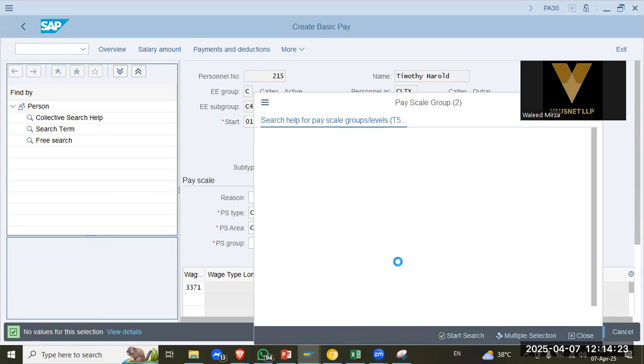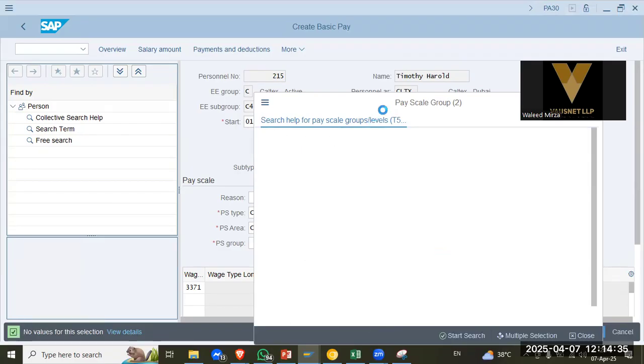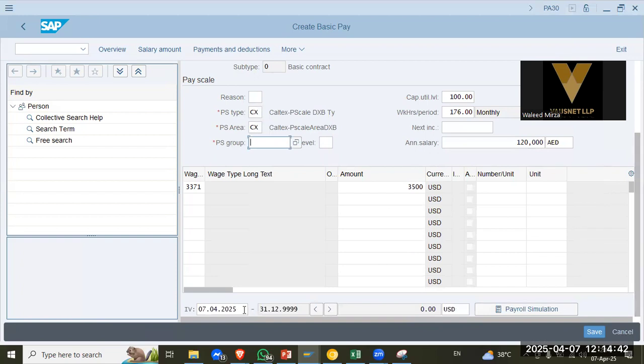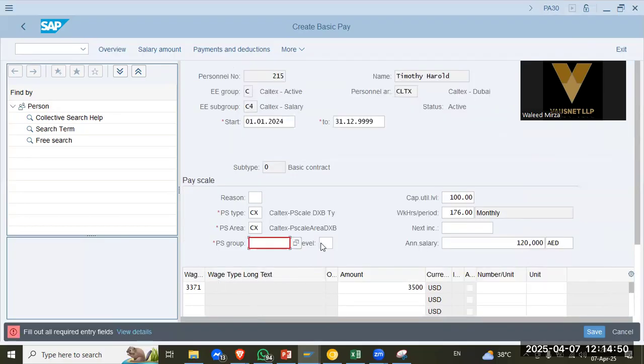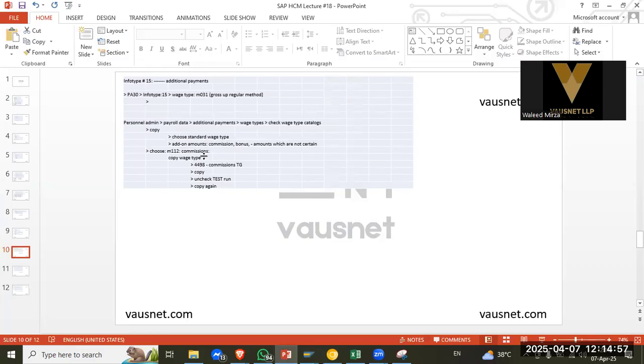No values. Okay, let's remove this. Pay scale group is not there. Okay, we'll have to explore the pay scale group. Required fields. Okay, pay scale group, we will have to identify it, but let's first